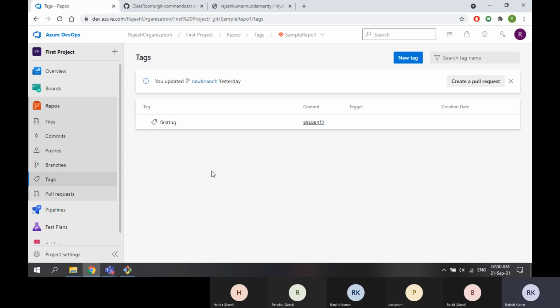I don't know why they named it pull request. Push request would be a proper name for this.